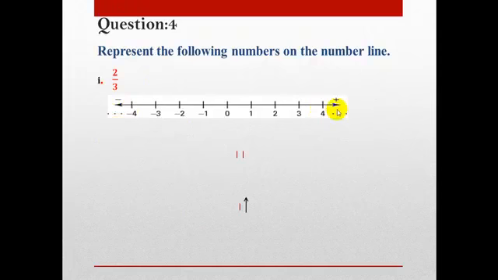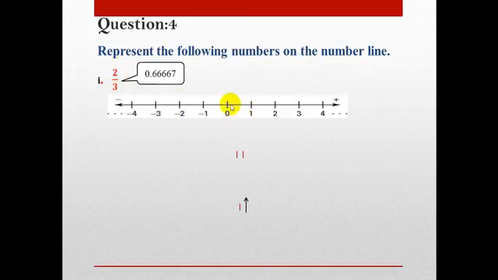The number is in this form, a fraction form. How can we plot this type of number on the number line? Just hold a calculator and find the value. This is just so you have an idea where your number should be. So you can see this number should be between 0 and 1, greater than 0, less than 1. So this is the area where you have to plot this number.